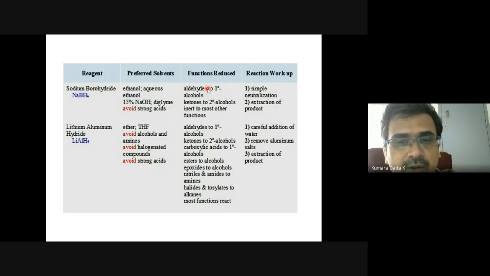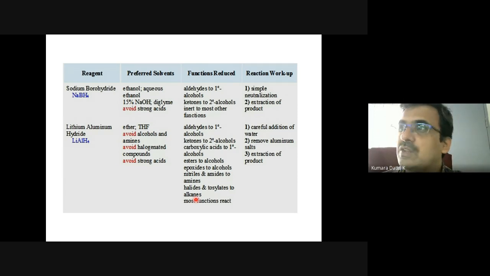It does all of what sodium borohydride does, but it also reduces esters to alcohols, epoxides to alcohols, and nitriles to amines and amides. We have already seen this. Halides and tosylates to alkanes. Okay, so almost all, as someone pointed out at the beginning of the class, it can reduce anything. Of course, it cannot reduce what is already saturated, but it does a fair good job of